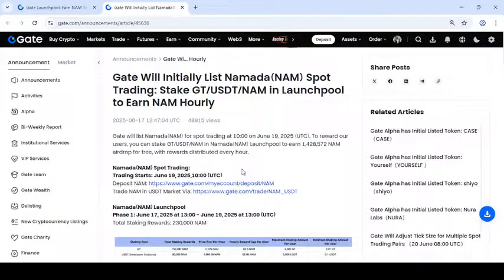GateLive is for trading and staked USDT name the Launchpool under name holding.